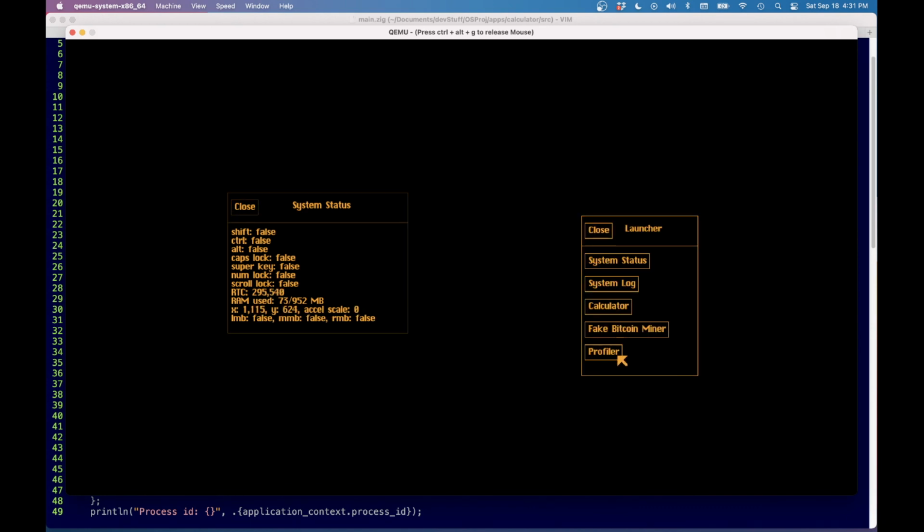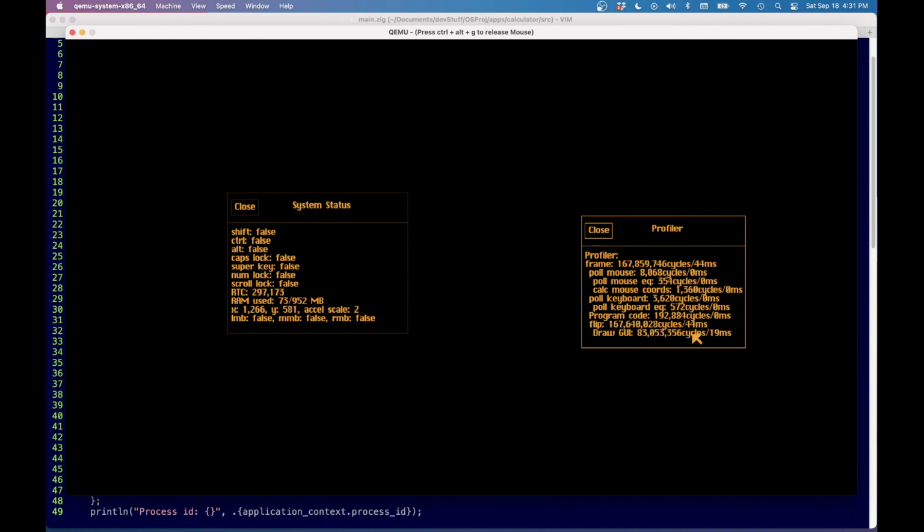And then the last thing is our profiler. I have different sections, and it will tell you how many cycles each section takes and approximately how long each section takes. I haven't been glancing at this as much as I should right now, but this is definitely useful to have from day